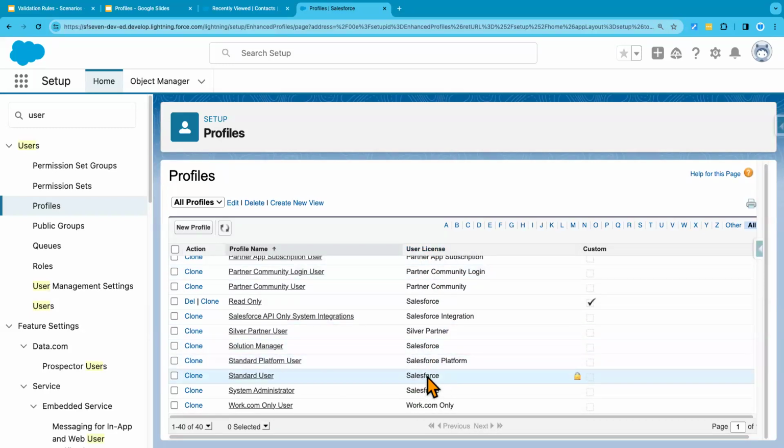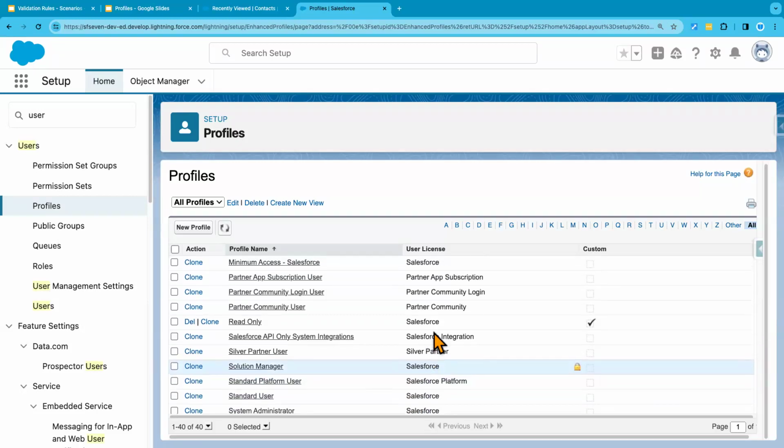If you ask me, then why is that? The reason is, depending on the user license, profiles can give various access to users. The most access comes with this Salesforce license. The other licenses have limited access. So that's why. Also in reality, in the projects, most of the time you use Salesforce license, but